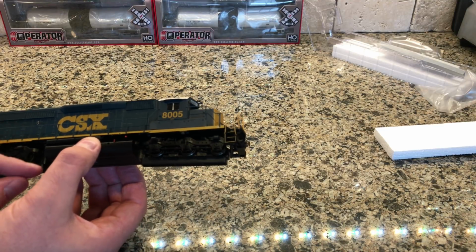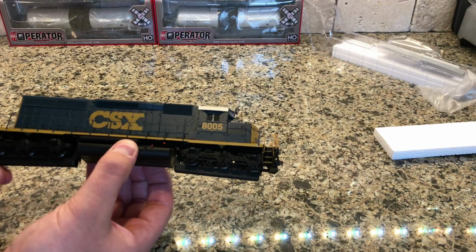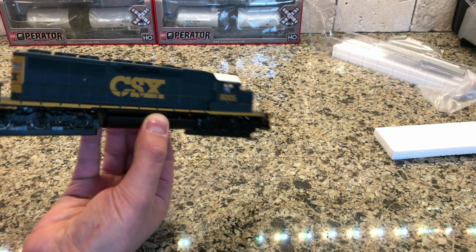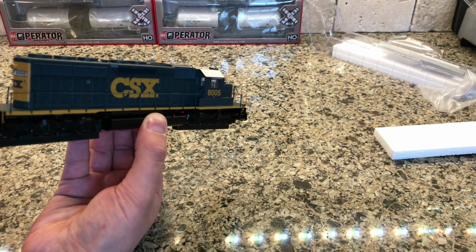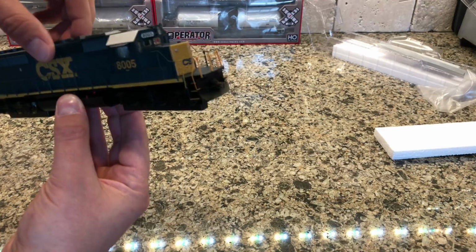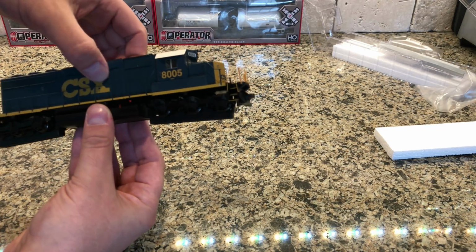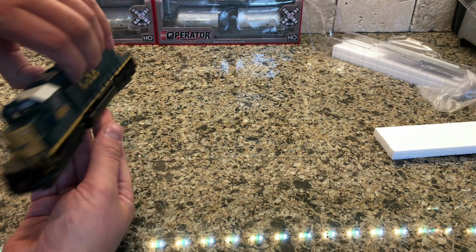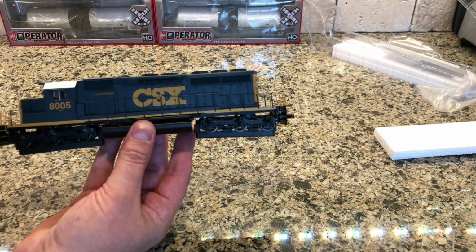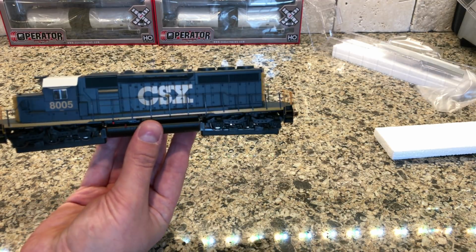Looks like it's a little less detailed than the rivet counter, but still pretty good. There's spots for the MU hoses and brake hoses and things. I know that this one doesn't come with the ditch lights, but for the most part, it's got the same. It says it's got the same drivetrain, I believe, as the rivet counter. And this one does have